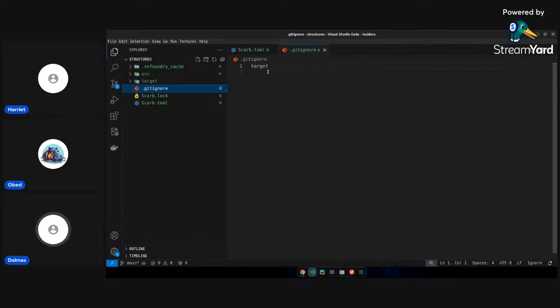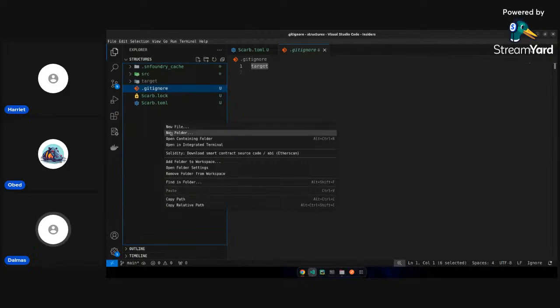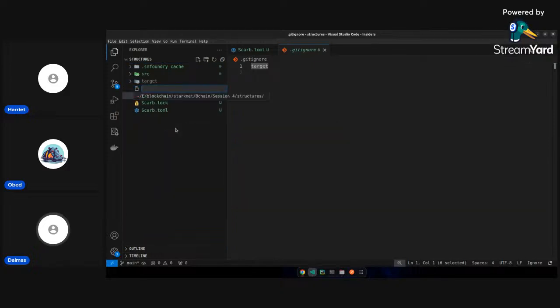Then we have the .gitignore here. The .gitignore helps you to ignore files that you don't want to push to your GitHub account or to your Git remote. So usually you add them all here. For example, since it's your contract, you might have a file like documentation.md, but that you don't want to push. So usually you ignore it here